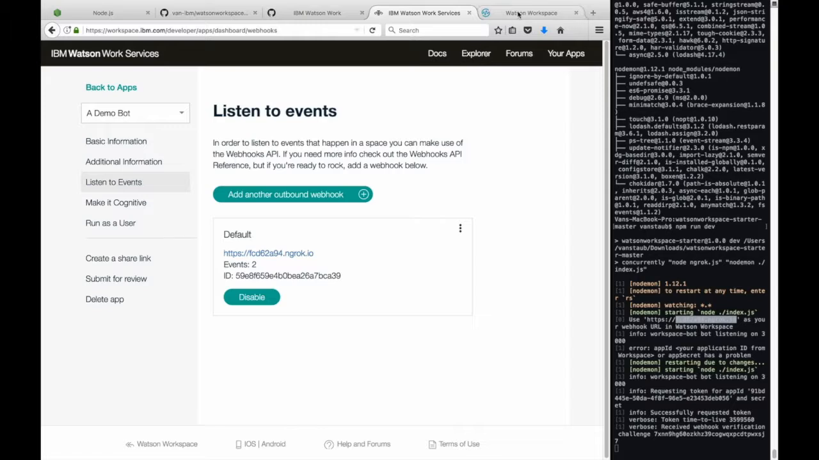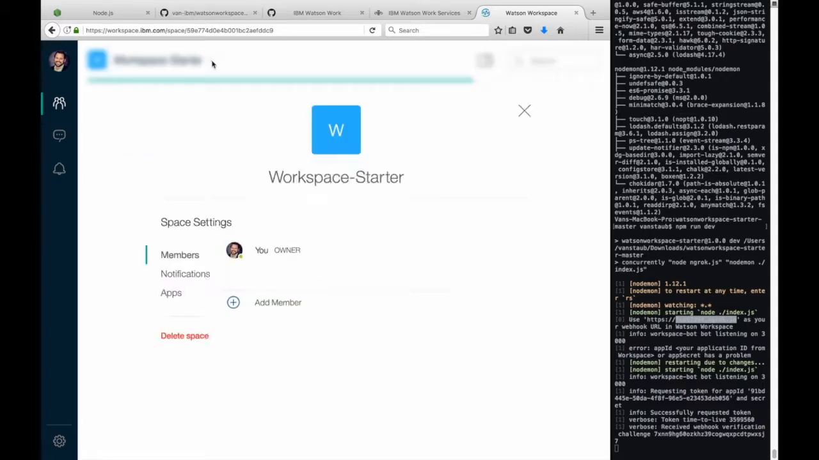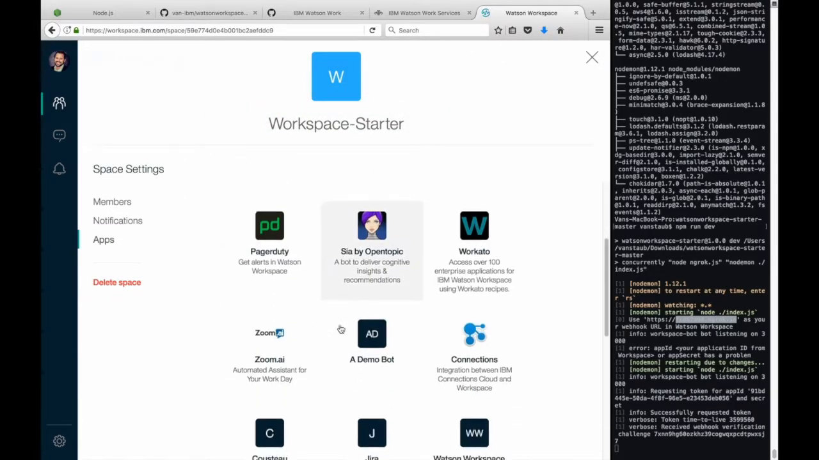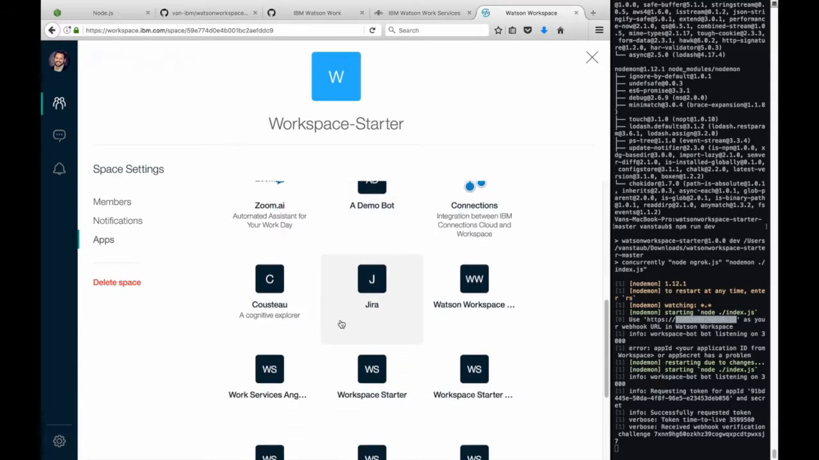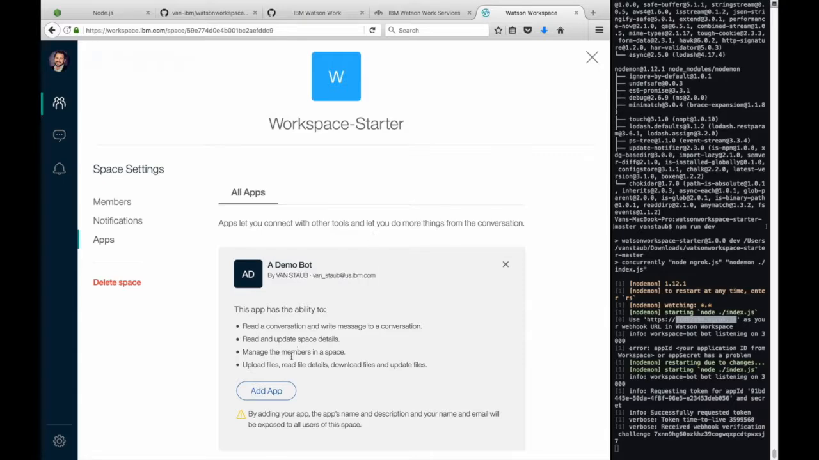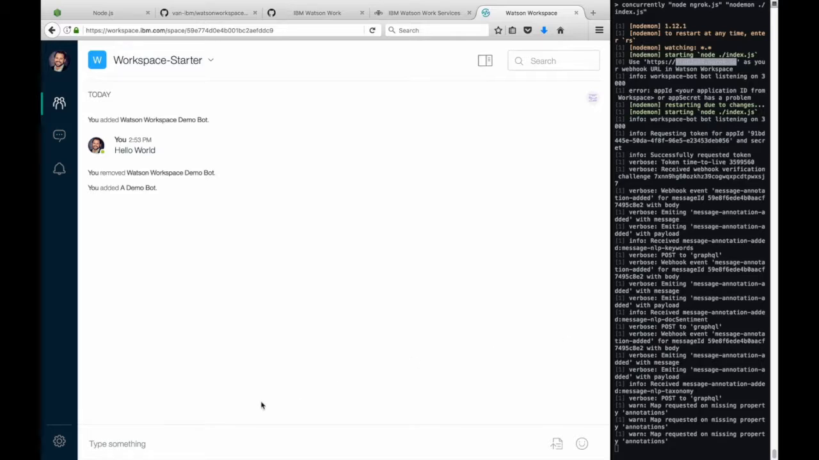And do that quite easily by coming over to a space. And you can see I've done a little bit of work in here, but let's add from our apps folder, let's add a demo bot. That's the one we just created. We'll add app. And let's close this. And you can see it's already doing some things. And then let's just do another test. So if we type hello world,